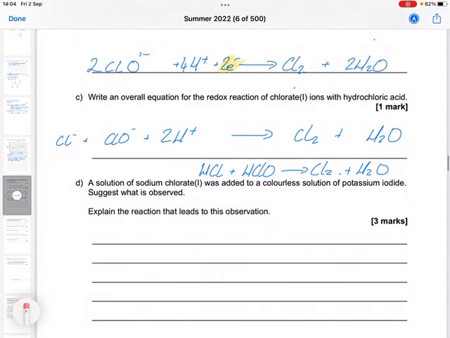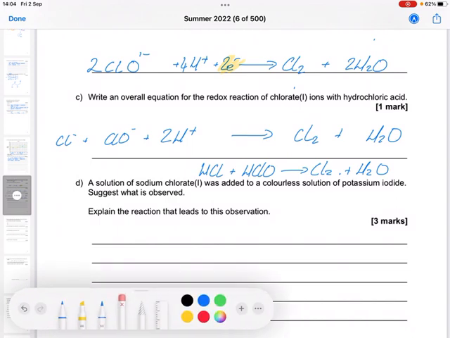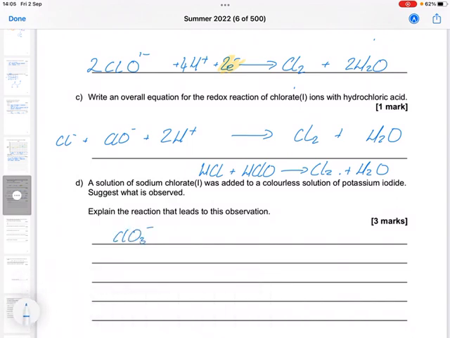D, a solution of sodium chlorate(I) was added to a colourless solution of potassium iodide. Suggest what is observed and explain the reaction that leads to this observation. Well, if chlorate will oxidise chloride, it will oxidise iodide. So let's jot down that ClO- will oxidise I-. Because it oxidises I-, therefore iodine is formed,